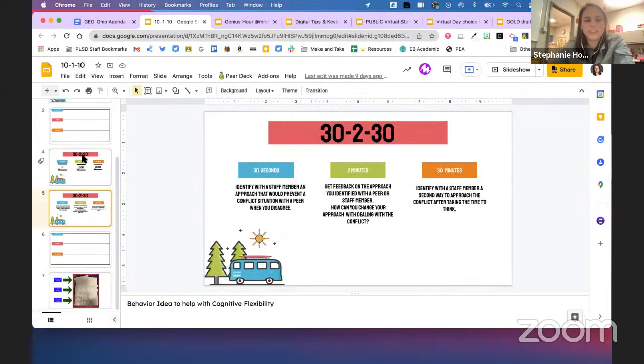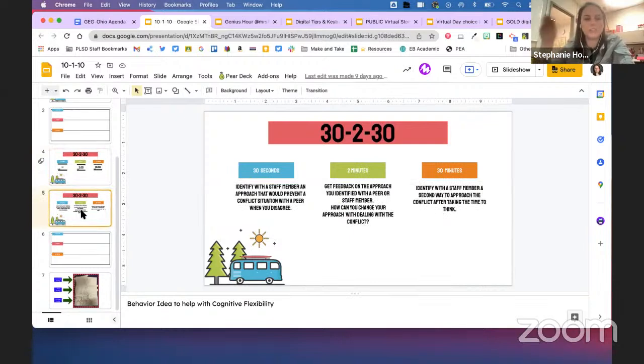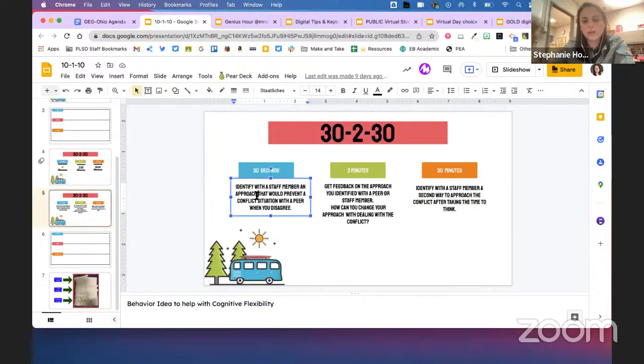And then I was working with our special education coach, and she had a really good idea with this, but she changed it to 30-2-30. So students would have 30 seconds to talk with a staff member about a situation that might be bothering them, like a peer they disagree with, and they're trying to work out a solution. Then they're going to go to 2 minutes to get feedback on that approach, and think about how they could change their approach when they're dealing with the conflict. And then they get a whole 30 minutes to work with that staff member and think about a second way that they might